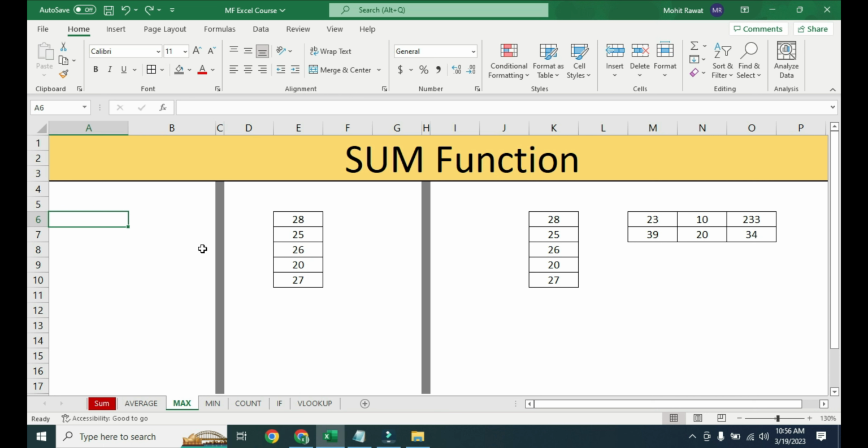The first function which we are going to talk about is the sum function. But before we jump into this function, let's understand the basic logic behind addition. So let's suppose I have two numbers like 4 and 5, and if I have to add them, what